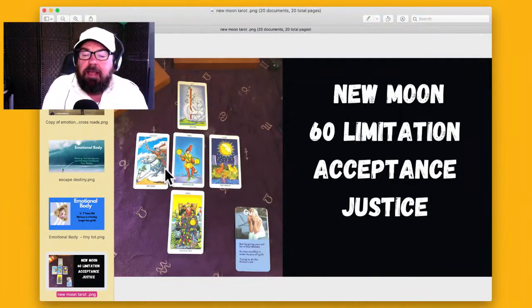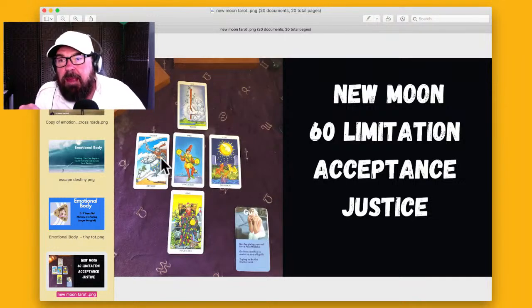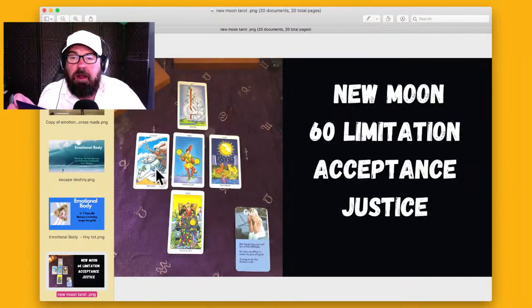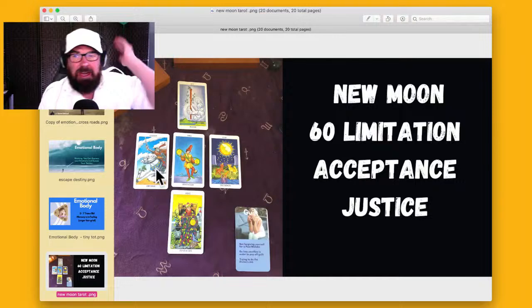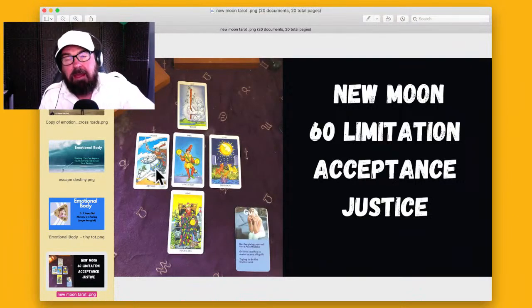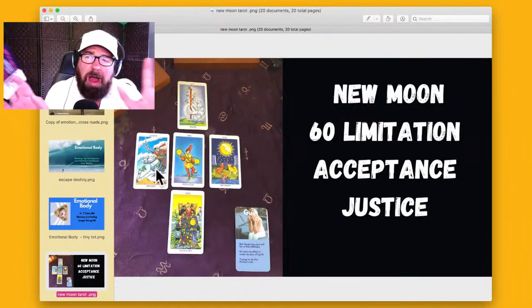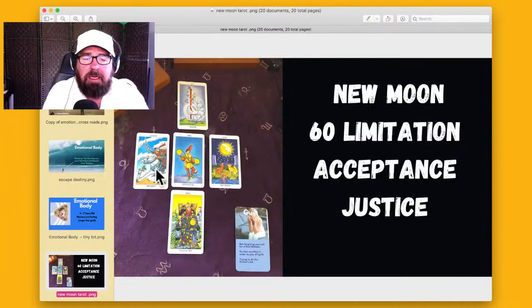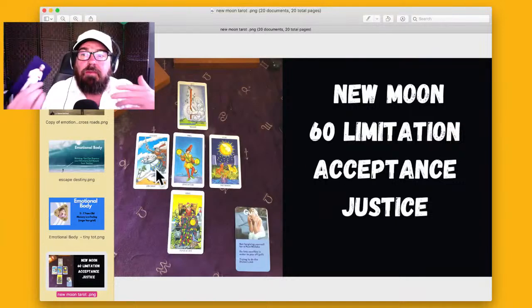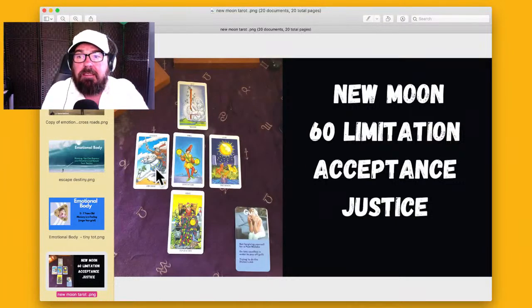So leaving behind, this is the Knight of Swords. This is the immaturity. The swords are all about the mental, and it's about Gemini. Think of Gemini, they just go in. In Mars in Gemini, I'm impatient. I just want to get this done. I want to do this work really fast. So this is taking action, but not really listening to your intuition. It's more just acting from your mind.